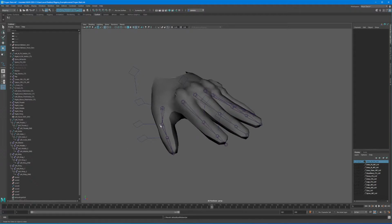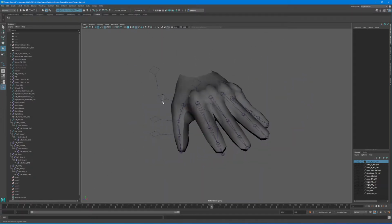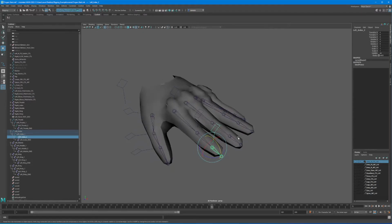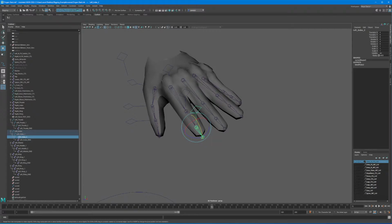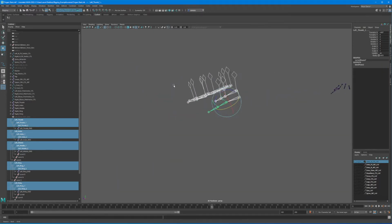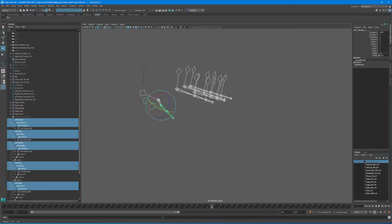And if I unhide the hand, you just want to make sure that your selectors are selectable outside of the geometry, which they are. So that's exactly what I want here. So I'm going to pause the video here and go ahead and complete the other 3 fingers, and we'll be right back. All right, back again. So all the other fingers have been set up exactly the same way, and I've got them all selected right now, all of the controllers. And you can see,